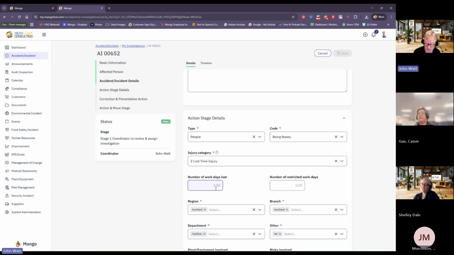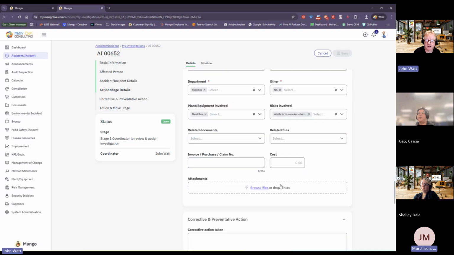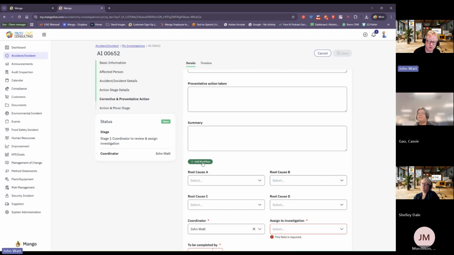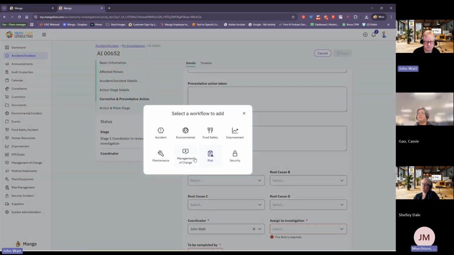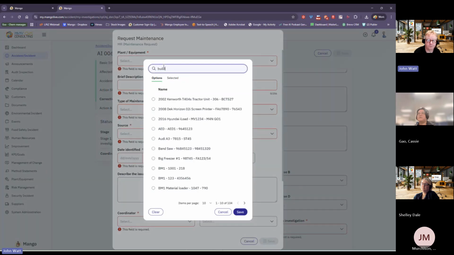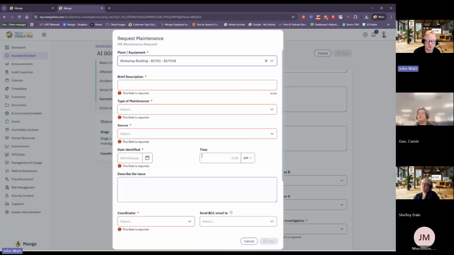So I can capture the lost time days and restricted work days as well. And before I push it out, I can add other workflows. This is the same through all the workflows. I can say, well, we should get that door looked at. We should have a window put in the door maybe. So I'm going to raise a maintenance request to add window to door in my building.